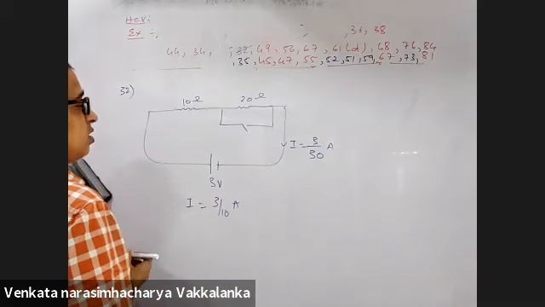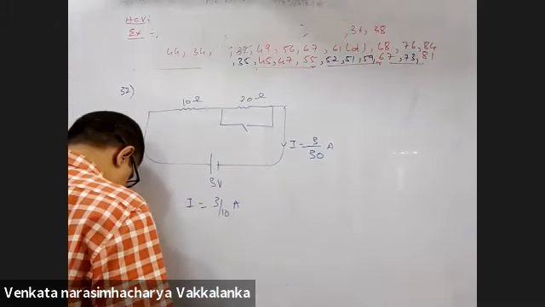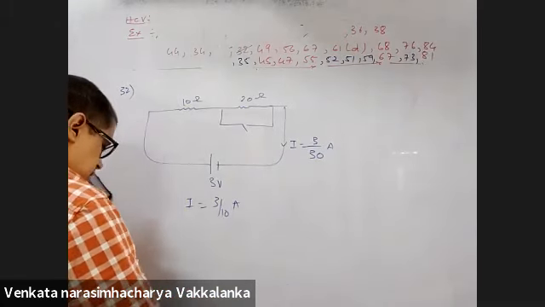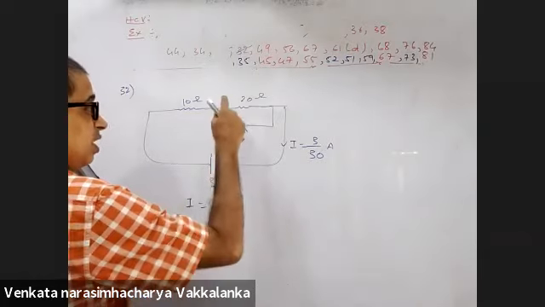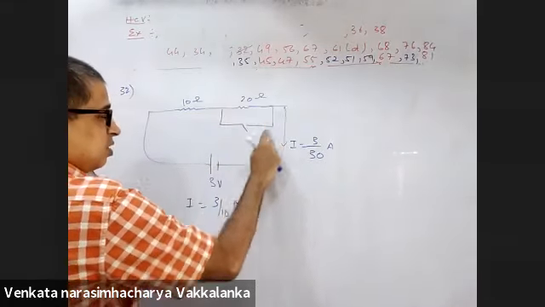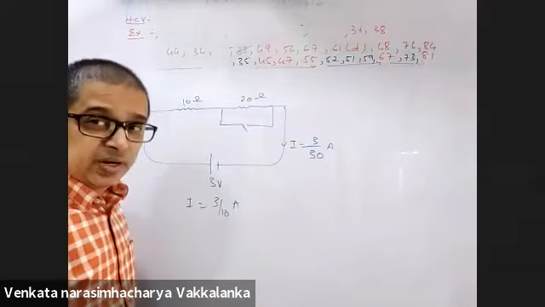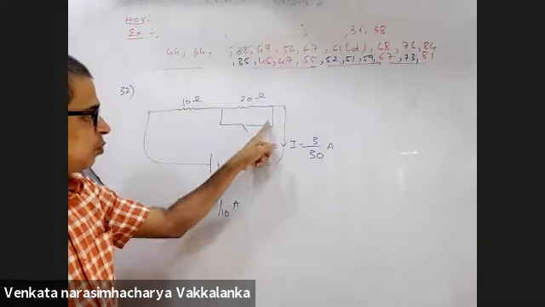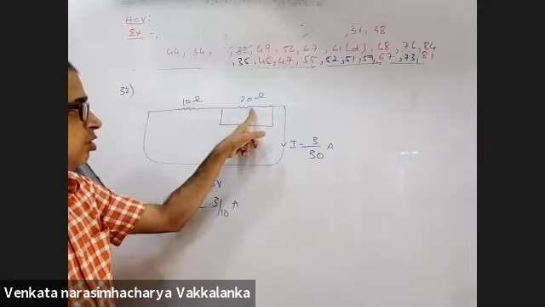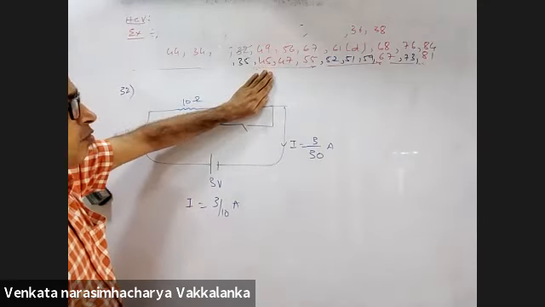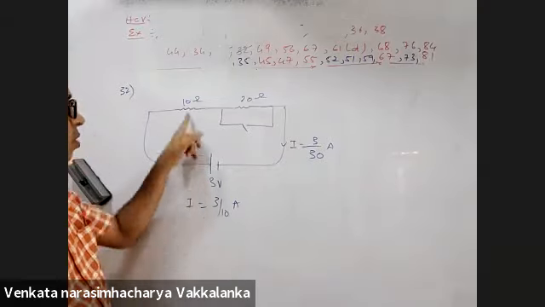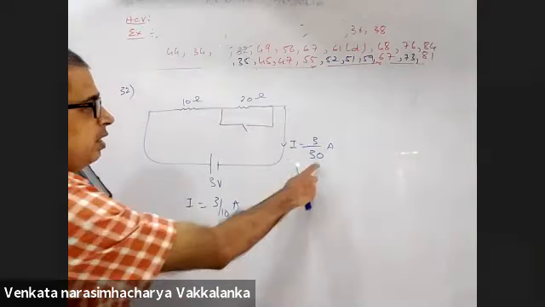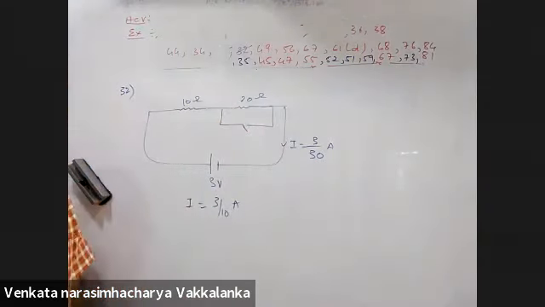Whoever has a doubt, is that clear? We dealt with the same thing in capacitors. When a capacitor is short circuited, what happens? We did this. Resistance is short circuited, current flows through this particular branch. It will not pass through this. So this is effectively removed from the circuit. So now the current will be 3 divided by 10. Here it was 3 divided by 20 plus 10.